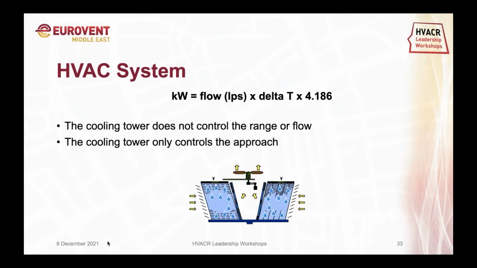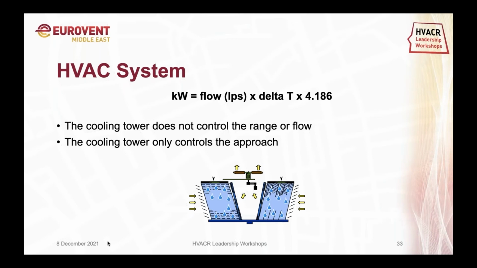Now, if we look at a complete HVAC system, because the cooling tower is a part of the HVAC system, and ultimately our objective is to optimize the HVAC system. We don't want to look at the cooling tower in a silo or as a separate item. We want to look at the complete HVAC system. In a complete HVAC system, there is an evaporator, a compressor, a condenser and a cooling tower. If we look at the power consumption, the chiller compressor consumes the most power. So now how do we optimize this system so that we get the minimum total cost of ownership?